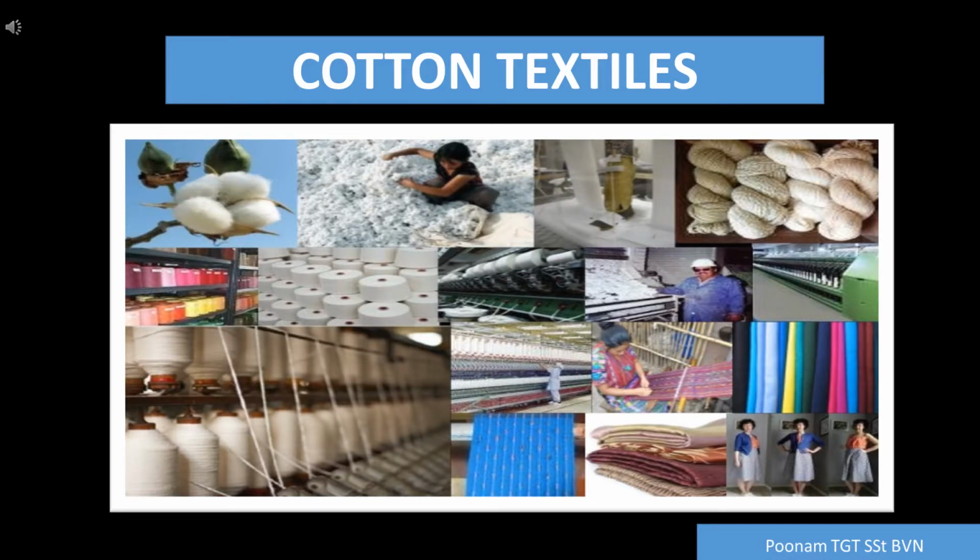Cotton textiles come under the category of agro-based industries. In ancient India, cotton textiles were produced with hand spinning and handloom weaving techniques. The first successful textile mill was established in Mumbai in 1854. After the 18th century, power looms came into use. Our traditional industries suffered a setback during the colonial period because they could not compete with the mill-made cloth from England.